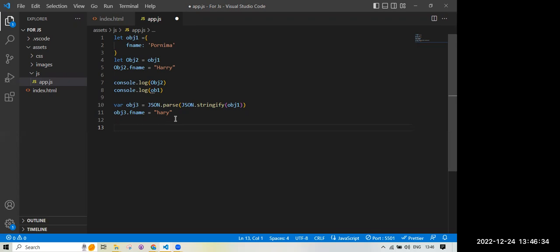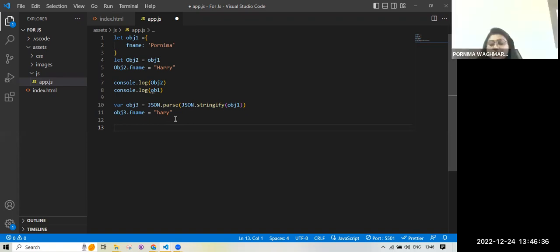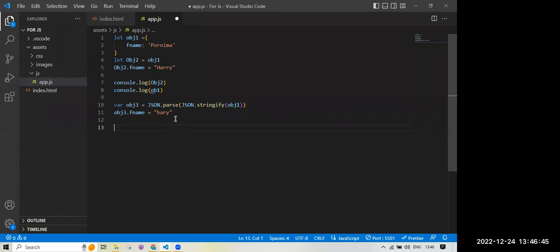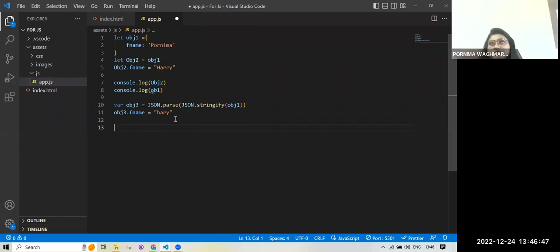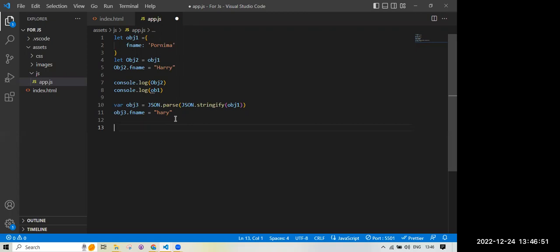Okay, have you heard about lexical scope? Yeah, I have heard about lexical scope. Lexical scope means the scope of the parent, and we use it in closures. Tell me what is a closure then.